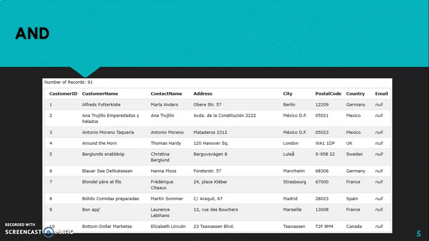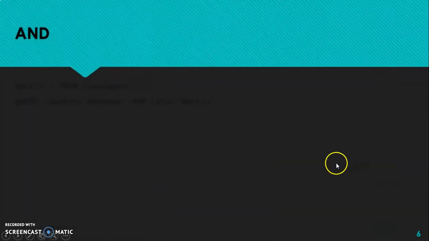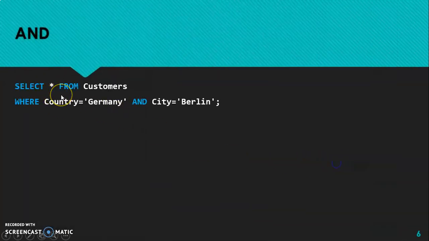Now consider this as a database table, which has some 91 records in it. Now we will apply the AND operation to this. Select star from customers, means it will select all the columns from customers, where the column country has the value Germany and the city is Berlin.